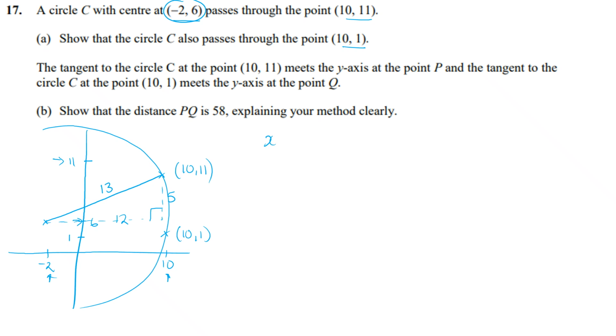So it's going to be (x + 2) all squared plus (y - 6) all squared is equal to r squared, 169, and we can just put the point (10, 1) into this equation and show that it works, or we can go out to this radius, not drawn to scale, and show that again,